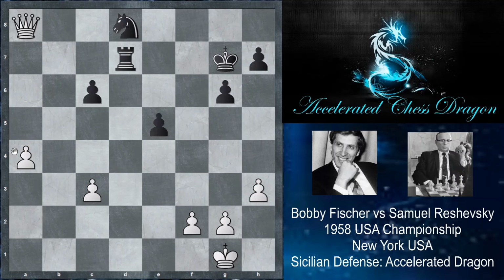He's just going to go a4, push the pawn up the board, eventually move his queen out of the way, and he might queen himself. And you essentially have to give up so much material just to stop that one pawn from queening, and this was just too much for Reshevsky to handle, being down so much material. That's why after this a4 move was played, Reshevsky resigned the game, in a very brilliant victory for Bobby Fischer,